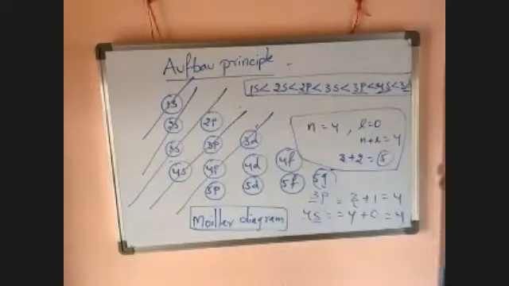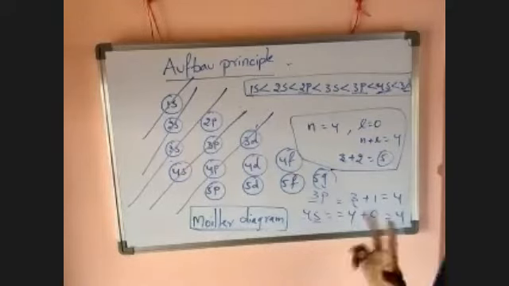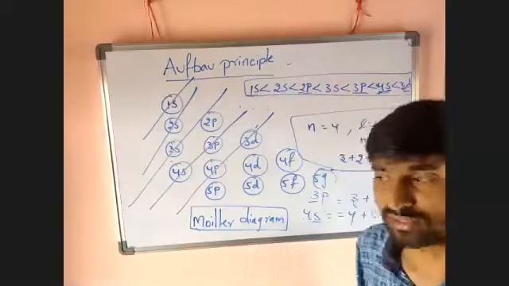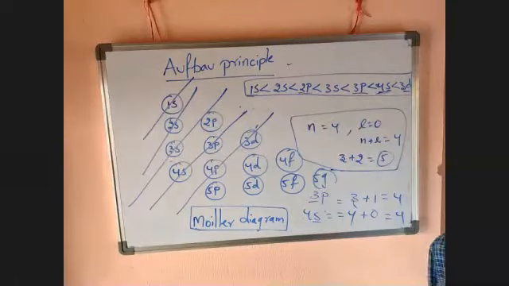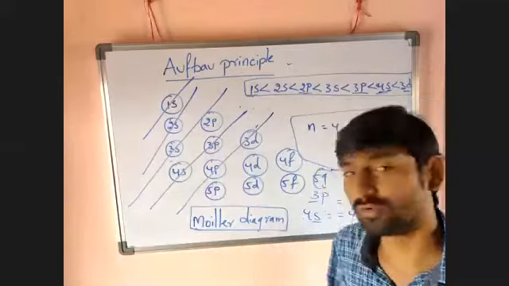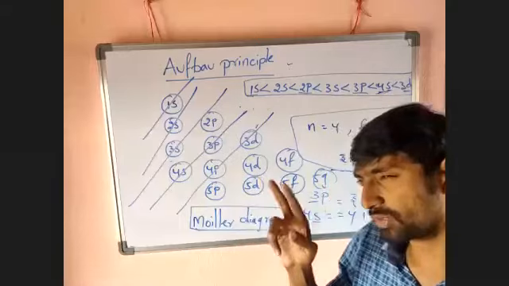Who knows that? So, each and everything you have to learn. So this is how we can decide energy by taking n plus L values. Pauli said that no two electrons have a set of four equal quantum numbers. Based on that we conclude that each and every orbital has only two electrons. Even in that orbital, one is with up spin, one is with down spin. That's why the spin quantum numbers for both electrons are different.